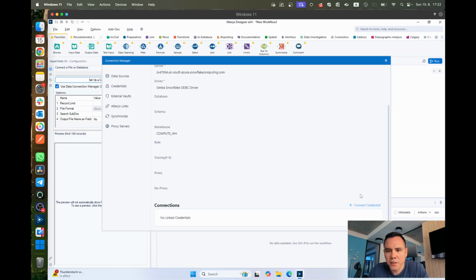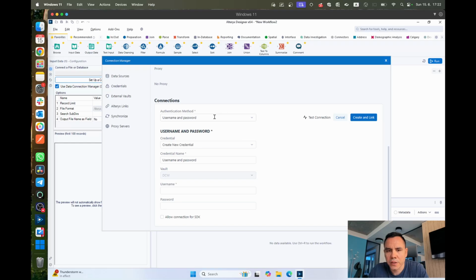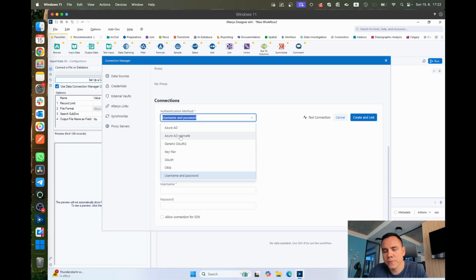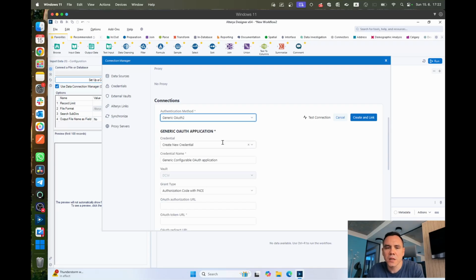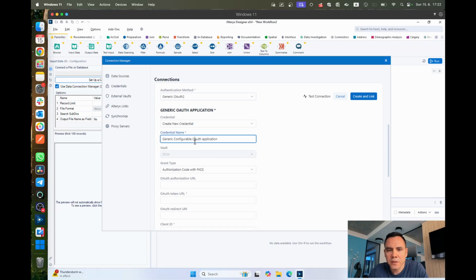I'll save this connection. Now I need to create a new credential set. From the list of authentication methods, I can either use Azure AD, Azure AD Private, or generic OAuth, but there are different methods intended for different Azure AD configurations. But for the sake of this video, I'll use generic OAuth. I'll create a new set of credentials and give these credentials a name. Once again, I'll call it Snowflake plus Entra